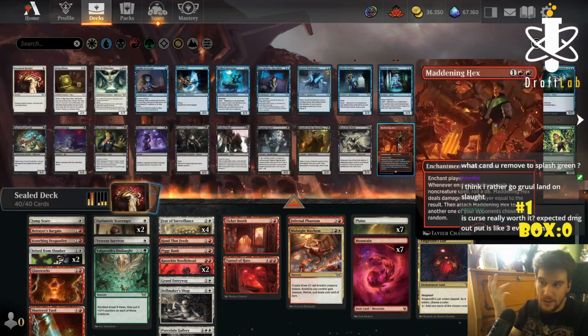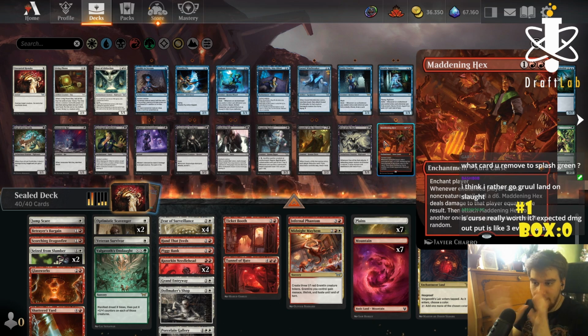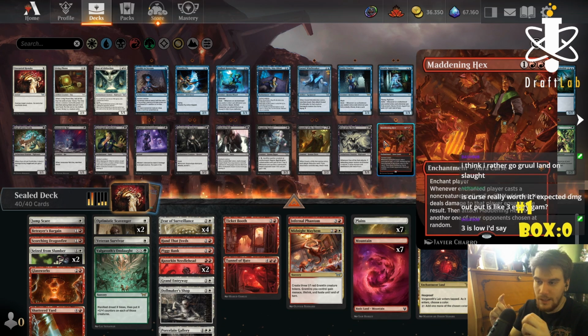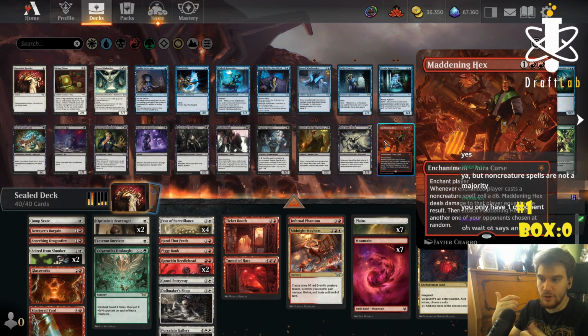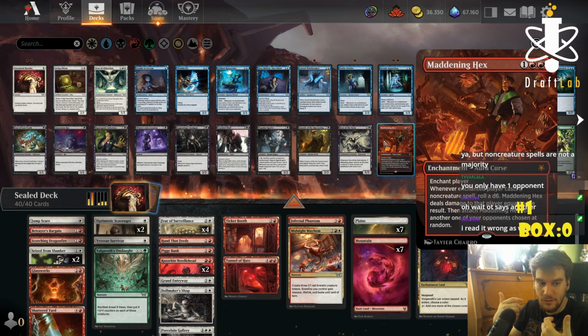I would like to try this card. I'm not sure how it works. Am I reading this wrong? Like, is it expected damage 3? So it's only 1 spell. Like, is it every time it attaches on them? Okay, I'm reading this wrong. Okay, so it's not staying on the same opponent. Or it is, because there is no other opponent. So then attach hex to another one of your opponents chosen at random. If there is no... I have only 1 opponent, okay. So it stays on them, and then every time they cast a spell...